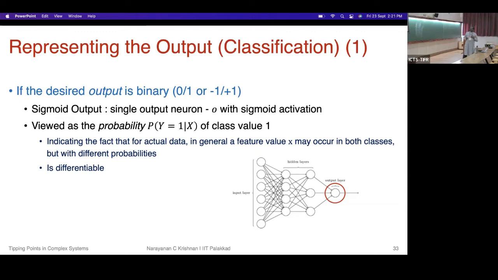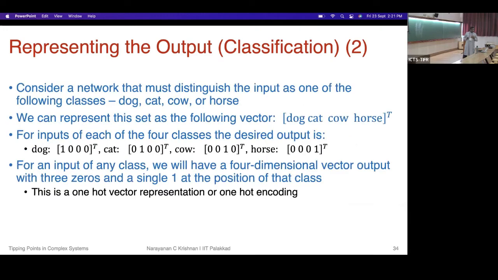If you have, on the other hand, multi-classification, that is, there can be multiple classes. So if you look at an image classification example, the output can be, say, dog, cat, cow, or horse. Of course, they don't have any order that is defined on them, right? They are just symbols from the network's perspective. So how do we convert these symbols into some representation, a vector representation, which the network can then use for